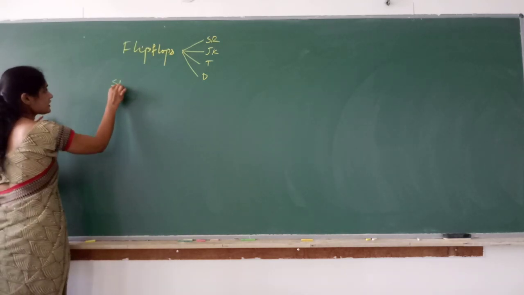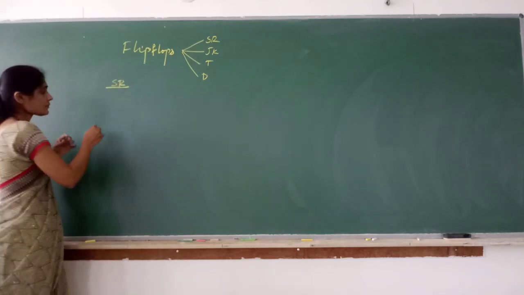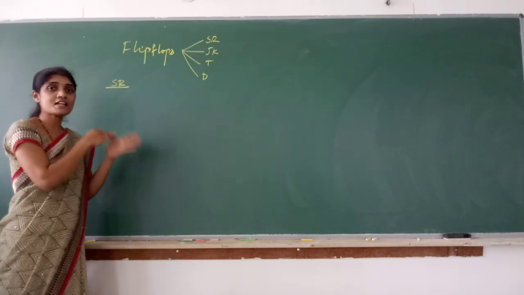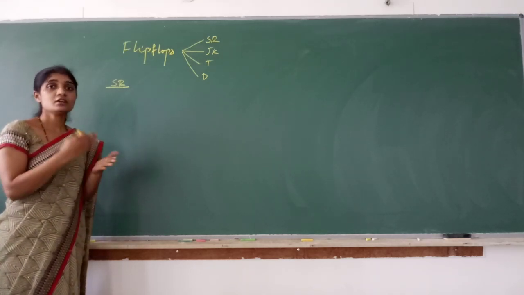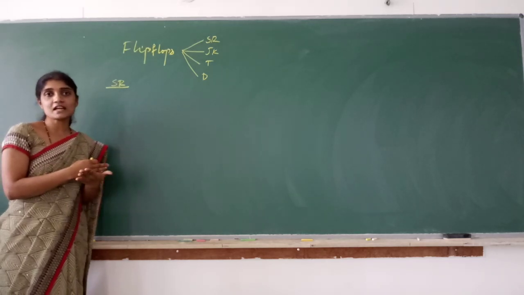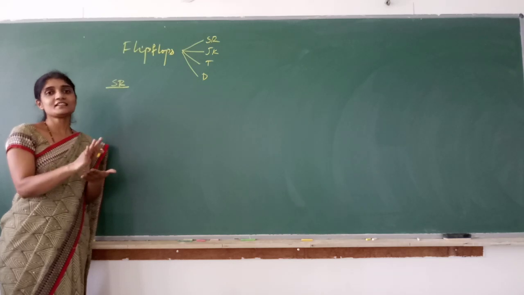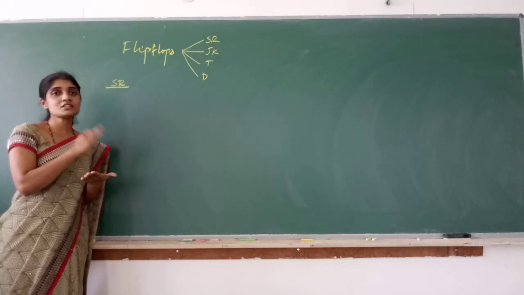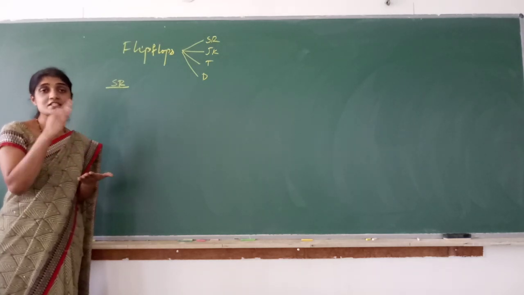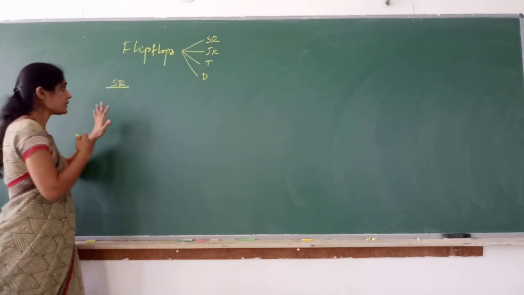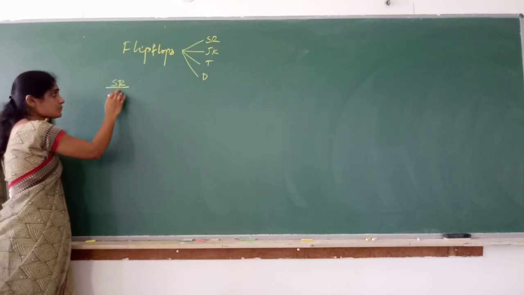So first let us take down SR flip-flop. You know what a flip-flop is, you know the difference from SR latch. Already we have studied SR latch. We also know the functional table of SR latch, correct? But how is it different from SR flip-flop? The only extra input we have here is clock. Otherwise, the function table of SR latch remains the same as SR flip-flop. Okay? So first type is SR flip-flop.